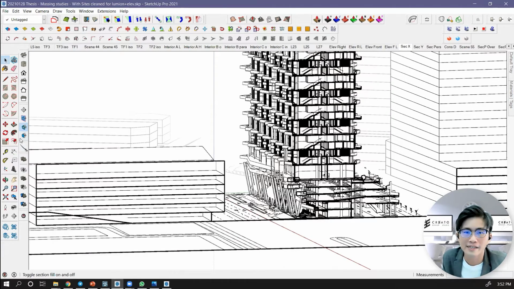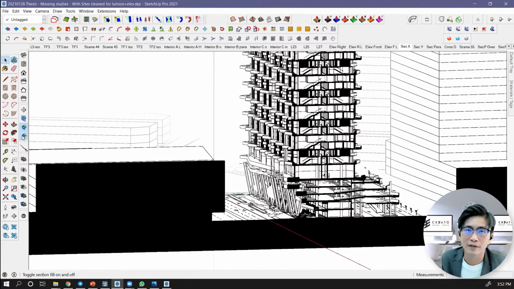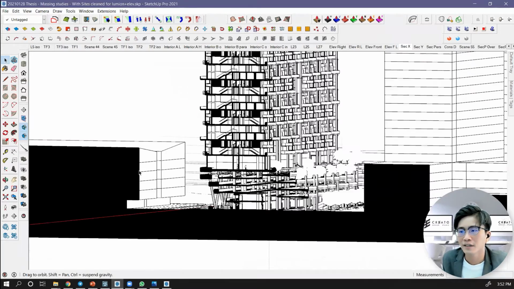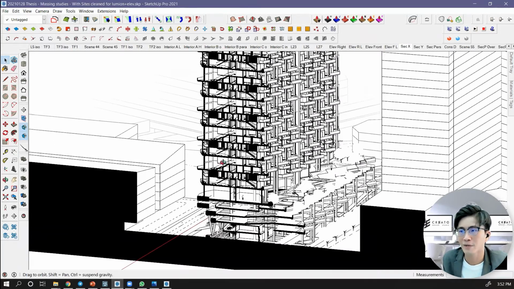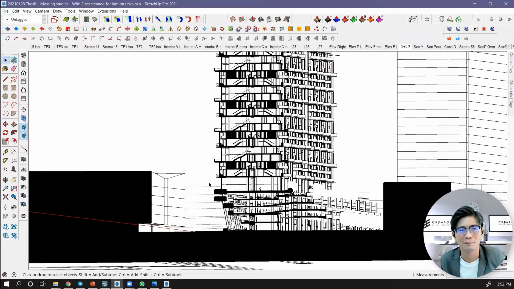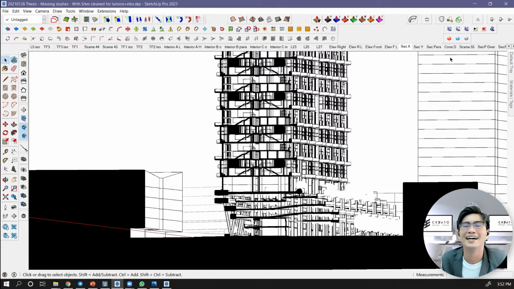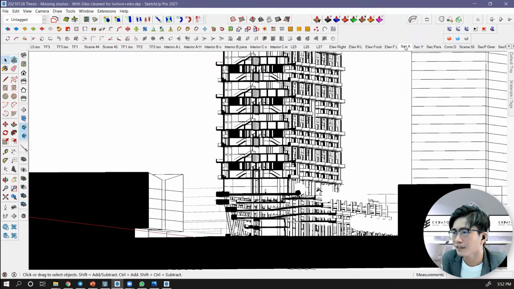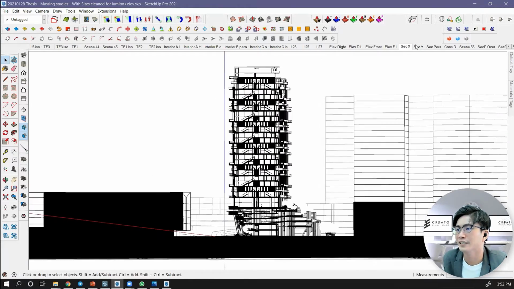This is not right. Sketchup, from 2019 onwards, has section fill, which is a good improvement. So that's why I say at one time Sketchup might improve to a level that we don't need AutoCAD anymore. That prediction has already partially happened.